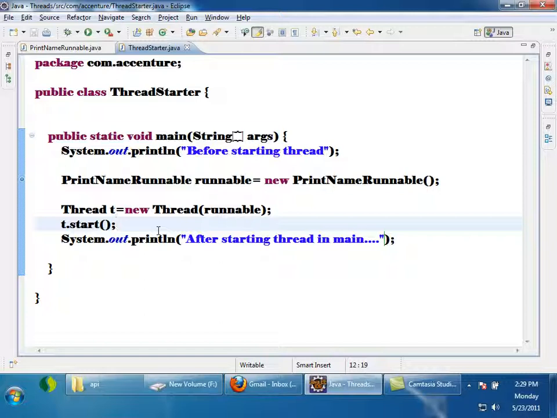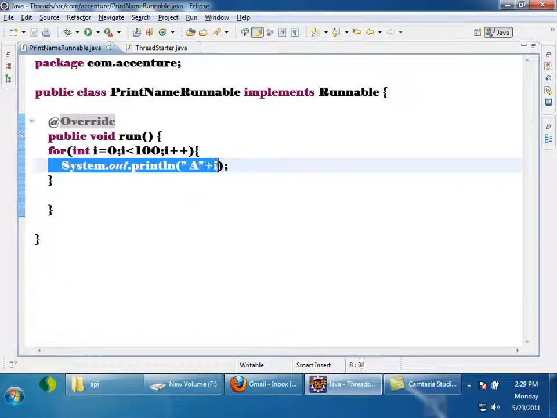Okay. Now, say this. Will this code be executed by some thread? Is it executed by the main thread or not? In this case, is this code executed by the main thread? No. A new thread which is started is executing this code, right? What is the name of the thread, if you saw?